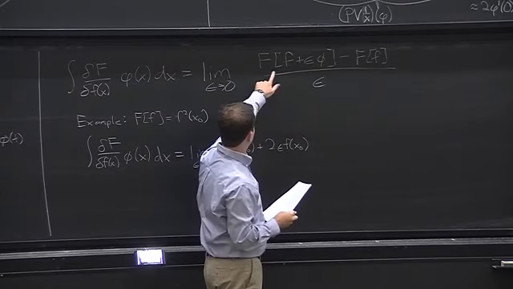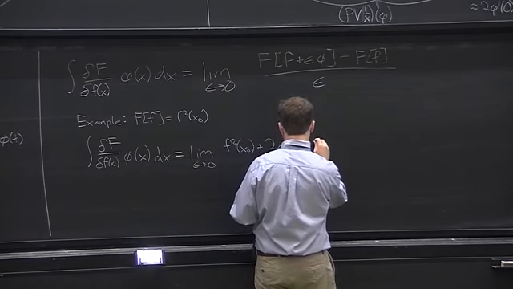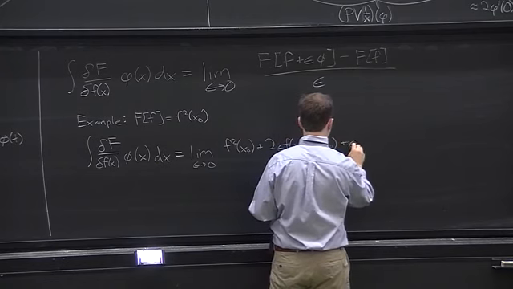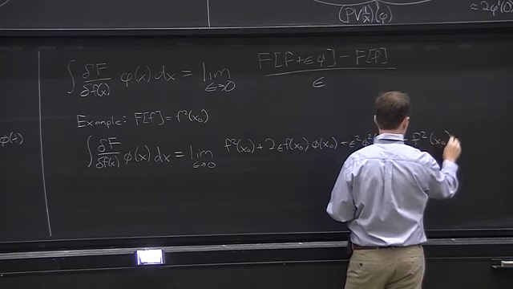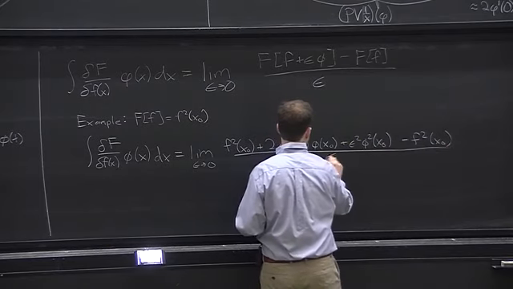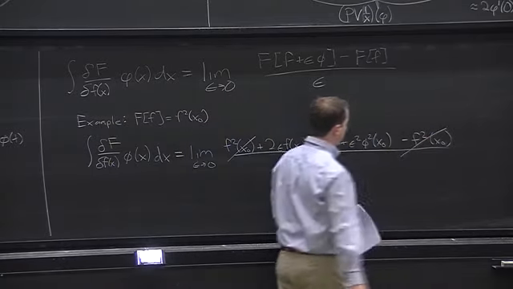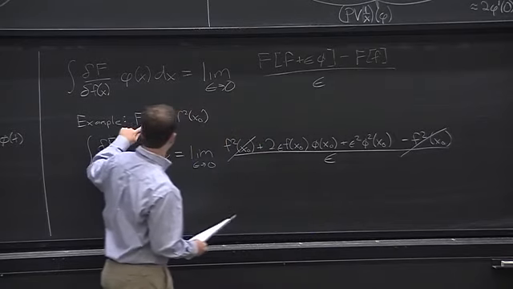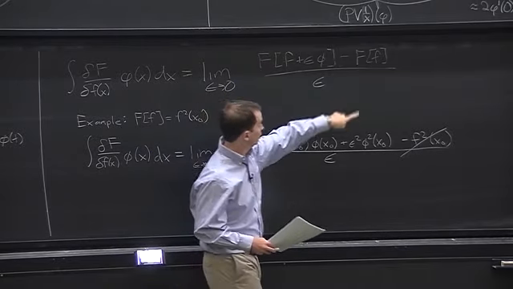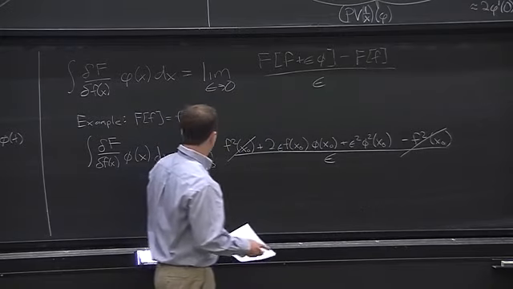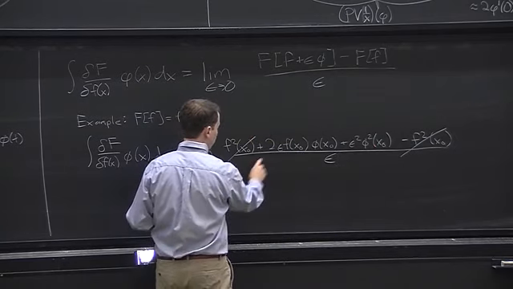And f of f plus epsilon phi will just be f squared plus 2 epsilon f times phi plus epsilon squared phi squared at x naught, minus f squared of x naught, divided by epsilon. These cancel. So far, all I've done is just plug f into this formula. Got 3 terms from the first one, and this is the other term. And in the epsilon goes to 0 limit, this last term vanishes, so what we get is just 2f